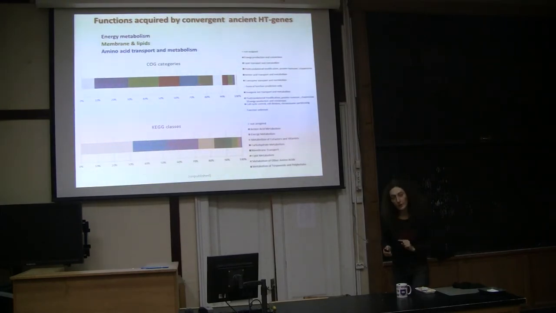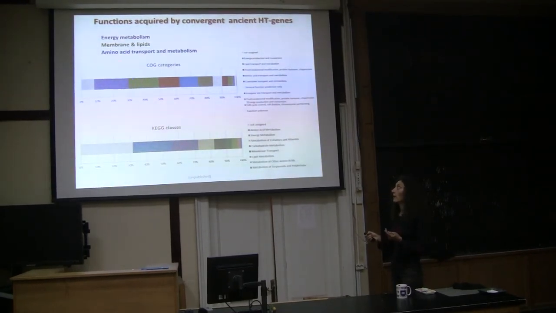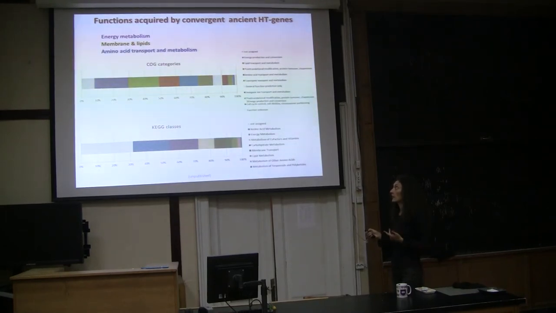When we look into the functions of those genes, most of them correspond, as I summarize, to energy metabolism, membranes and lipids, and again amino acid transport and metabolism. So in many cases, genes related to the membrane and to energy gain. Many of them are genes like cytochrome oxidases related to aerobic respiration, but also many genes that have to do with membranes. Membranes are very important in the adaptation to lower temperatures because you have to adjust the flexibility of the membrane when you move in temperature.